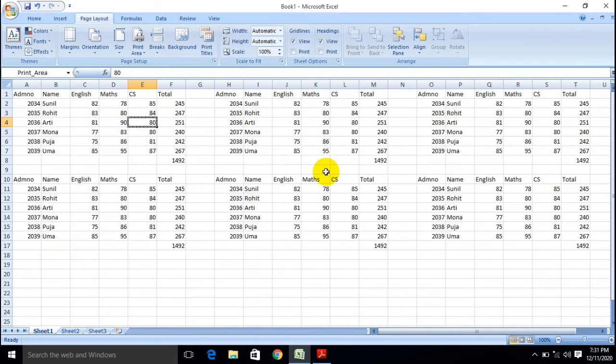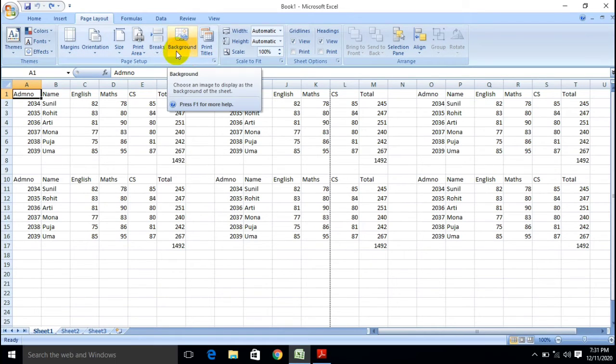If you want to print off your documentation, you can set up the print area, that is, how much area you want to print on your hard copy exactly. Means how much print area you need on the paper, how much margin you need, you can select from here. And again, just go through the